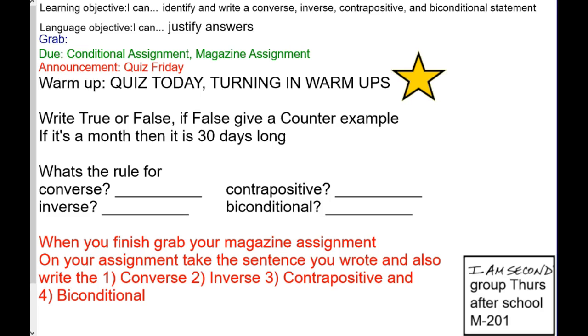You got yours? You want to get a new one so you can at least get credit for today? It's the last folder in the blue bin. Now